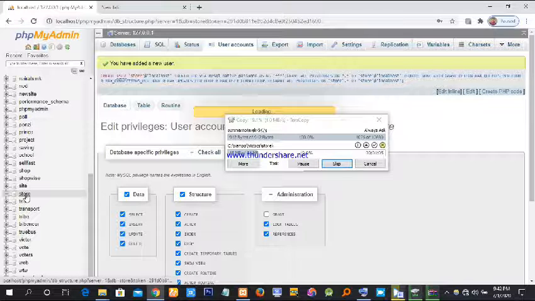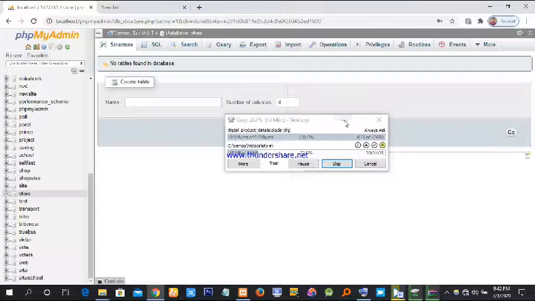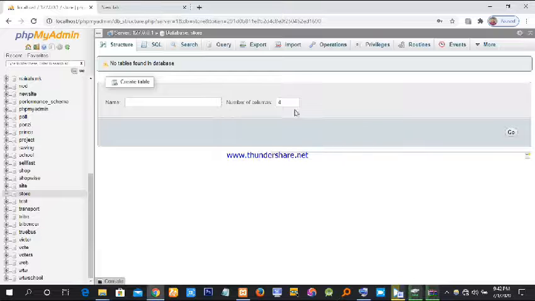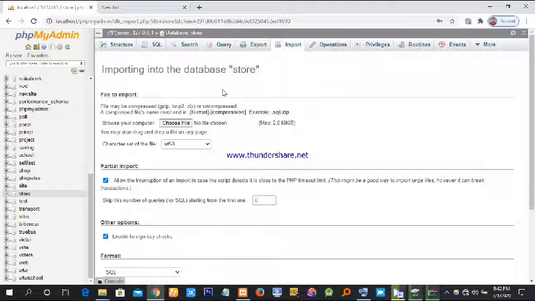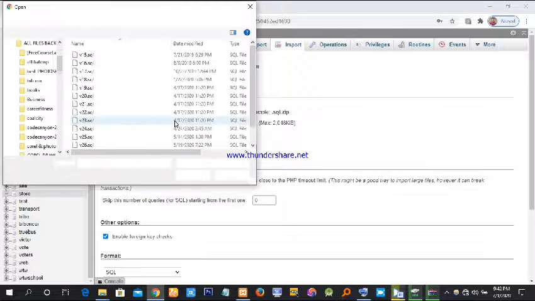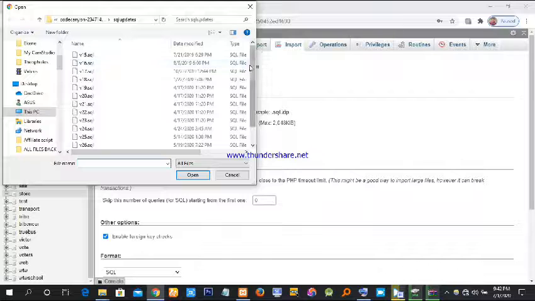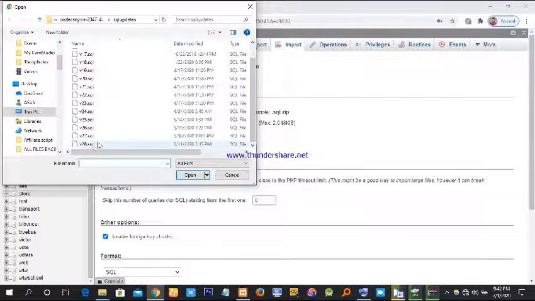What you're going to do is just click on it. Let me break this down. So how do you upload your database? You see we are on the store database, so you click Import. You see this Choose File. When you click on it, it's going to show you where you can select. Okay, I've extracted it before. I'm going to select the database